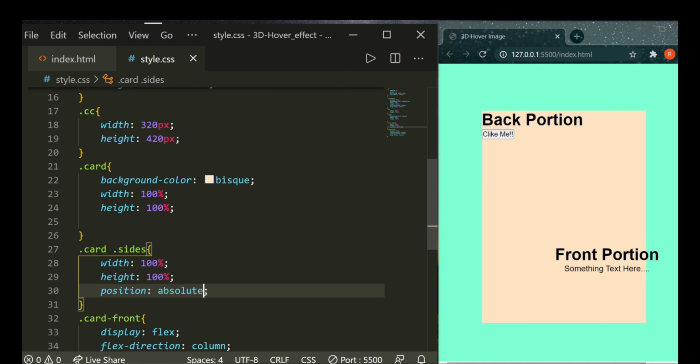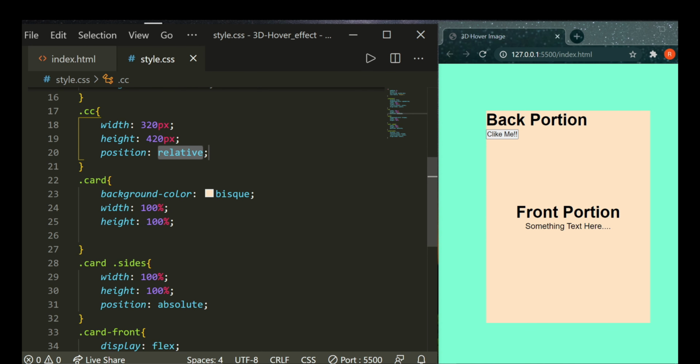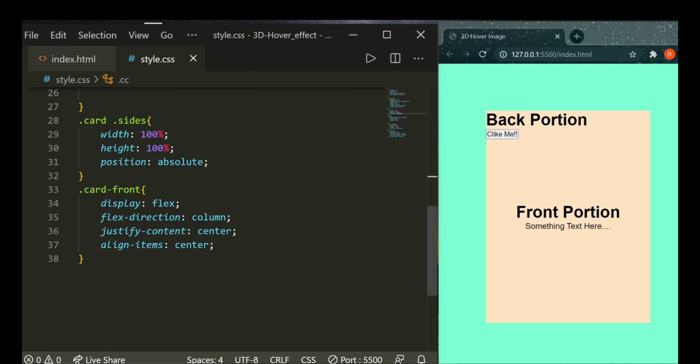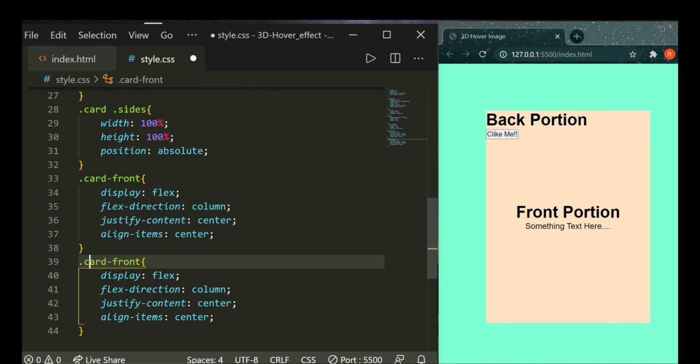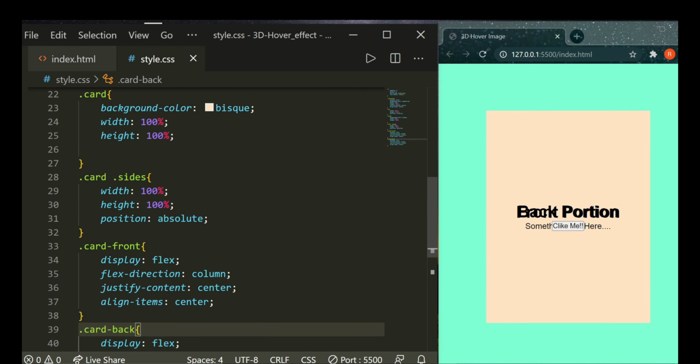And to make this work, we need to give the card a position of relative. Yeah. So we are done with our front side. Now let's code for our back side. And this will be the same, just we will be naming it as backside. Cool. Now for our front and back side,